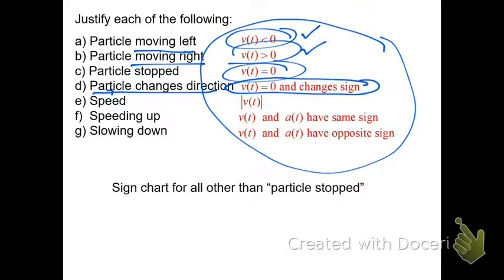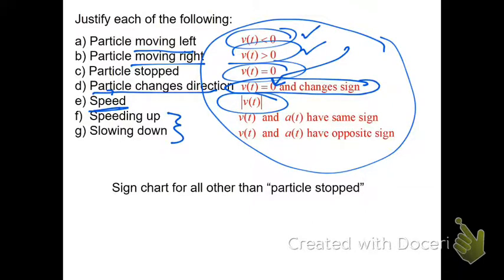You have to say velocity changes sign. That also implies that velocity is 0, but you don't actually have to say that, but it wouldn't hurt you. Okay? So particle changes directions, velocity changes sign. All of this has to be memorized cold. All right, speed is the absolute value of velocity. Now, I showed you how to handle that graphically, but write this down for now, though I haven't mentioned it